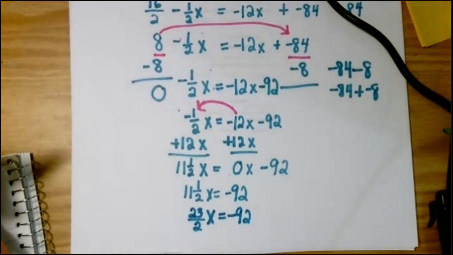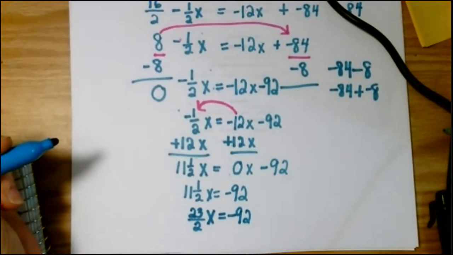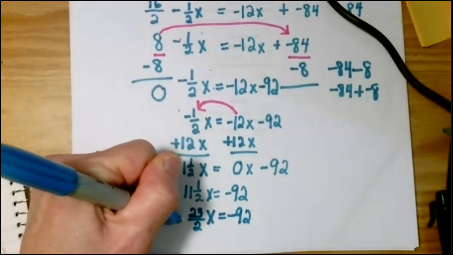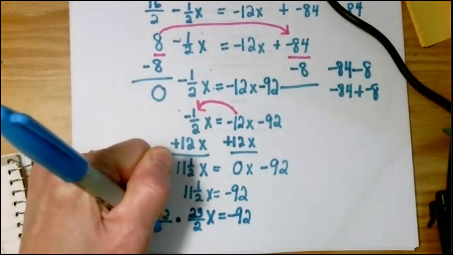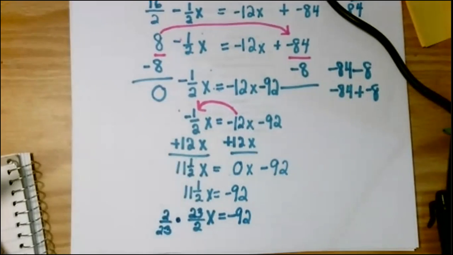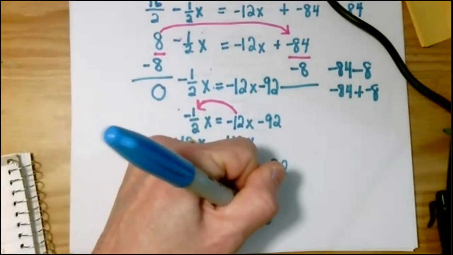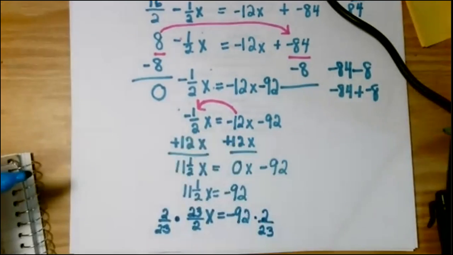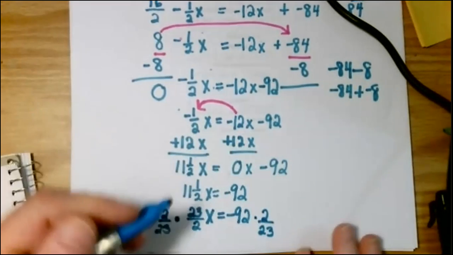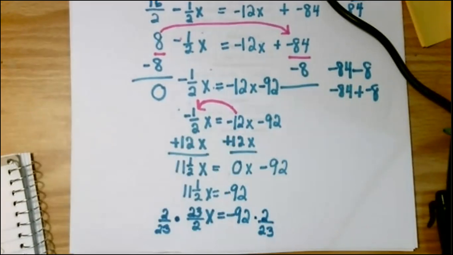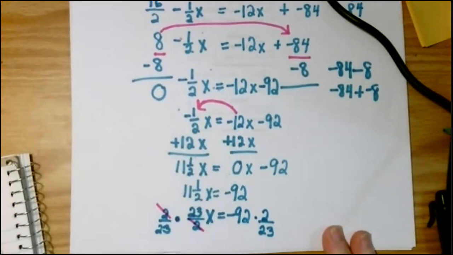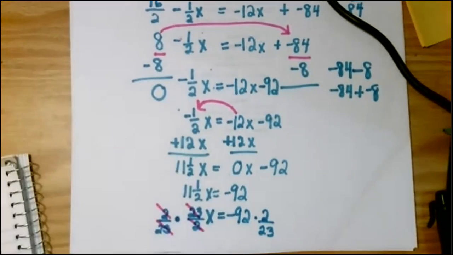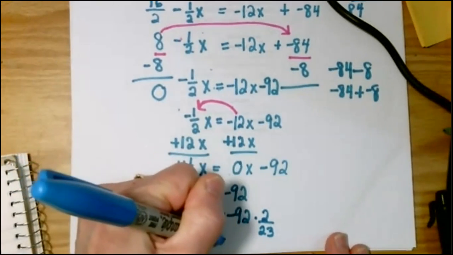Now, remember that dividing by a fraction is the same as multiplying by its reciprocal. And the shortcut was then to multiply by 2 over 23 to both sides. So if I do that, my 2's cross off, my 23's cross off, and I'm left with just 1x, or x, equals,